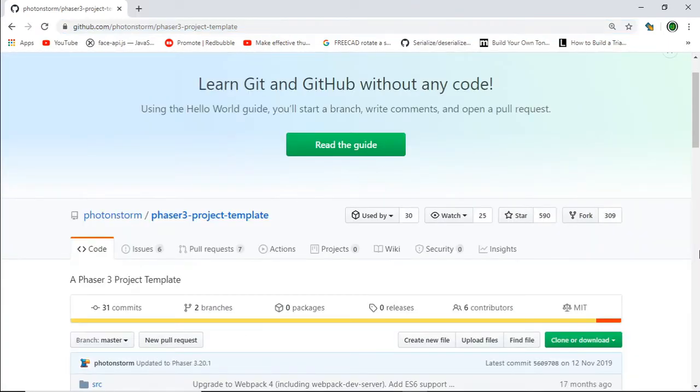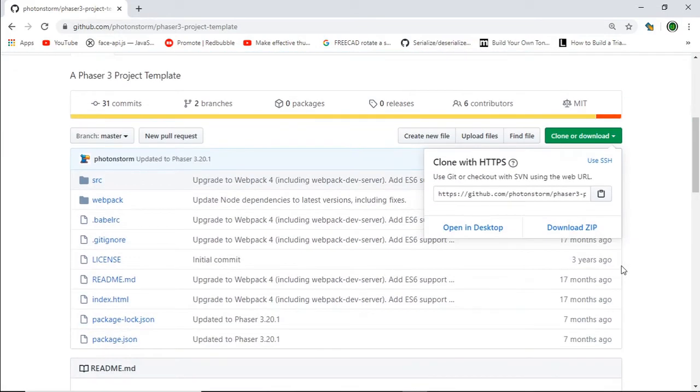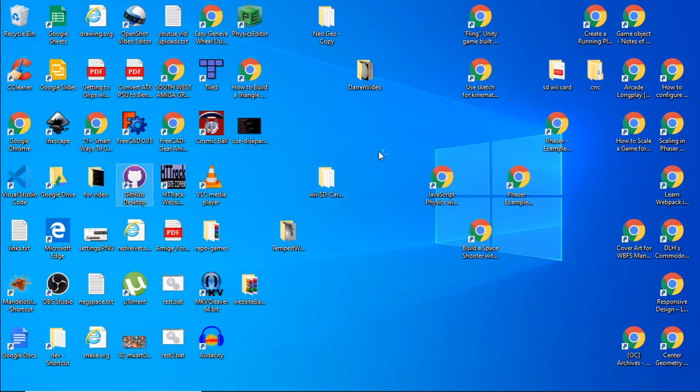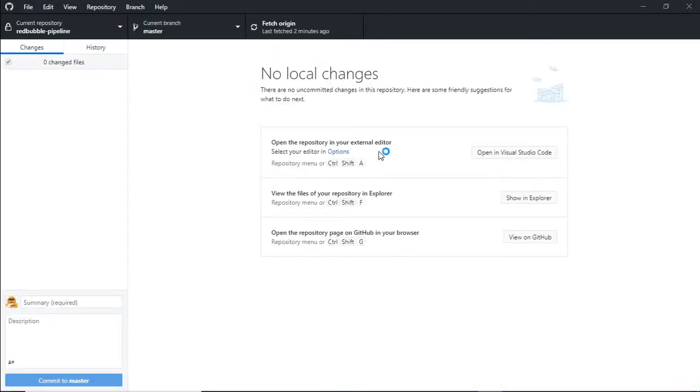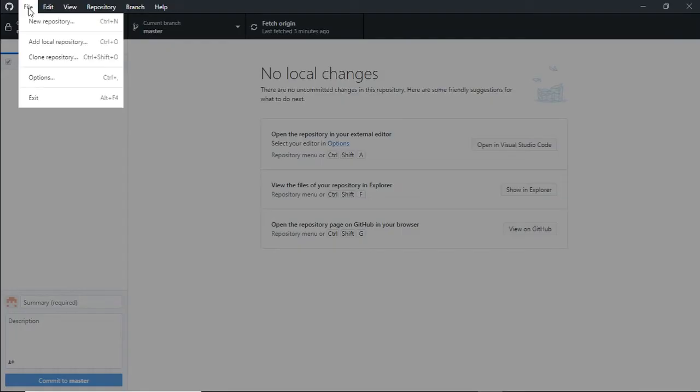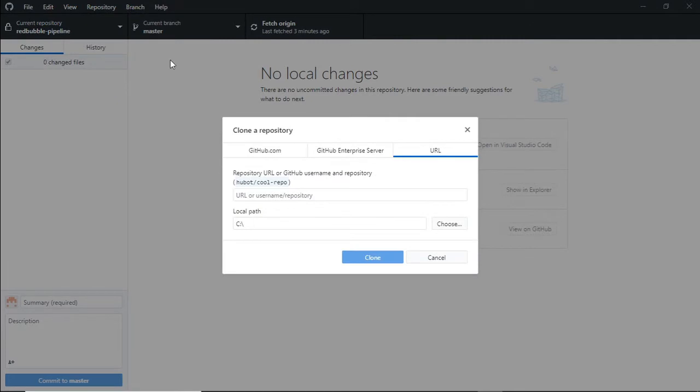I'm going to use Git Desktop to clone this repo down. You can use the clone or download button here, or a command line, whatever Git client you're using. So I'm just going to go to GitHub Desktop and clone that repo down locally. Go to File, Clone Repository, paste in the URL,